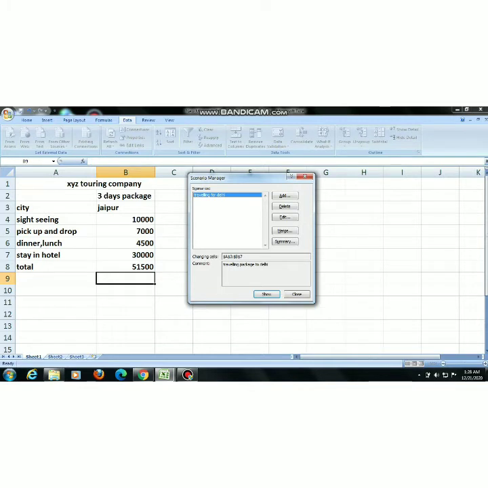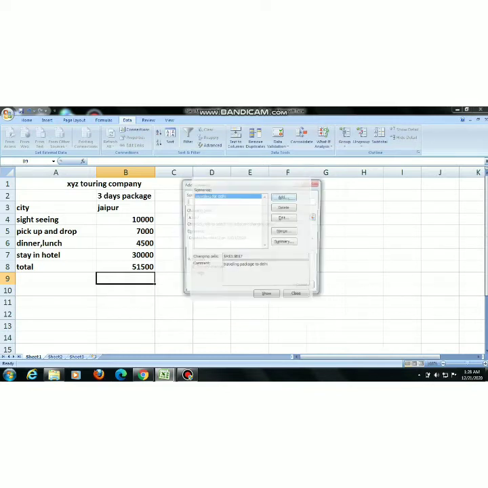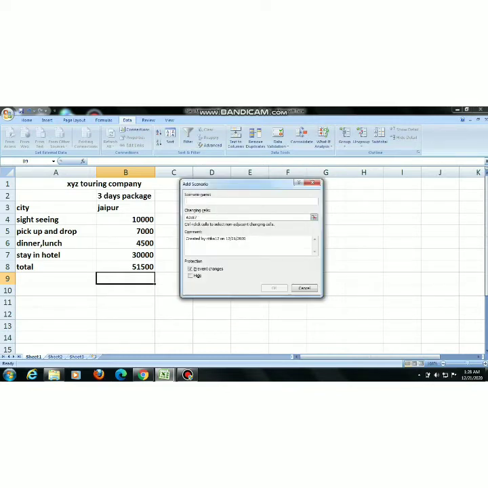I want to create one more scenario. Again you will check the steps very carefully. Click on add. Here is scenario name. You will give any name to this scenario. Here I am giving this name, traveling to